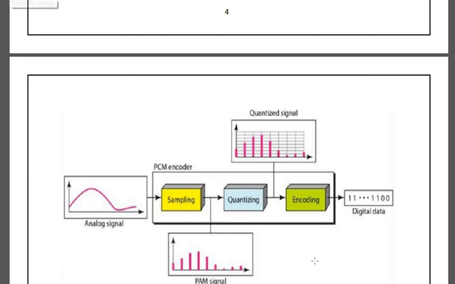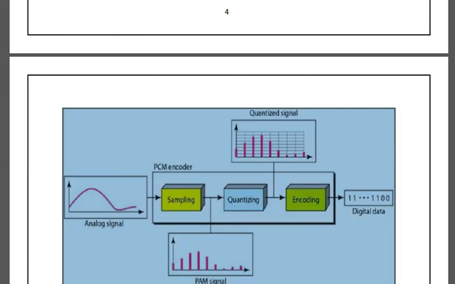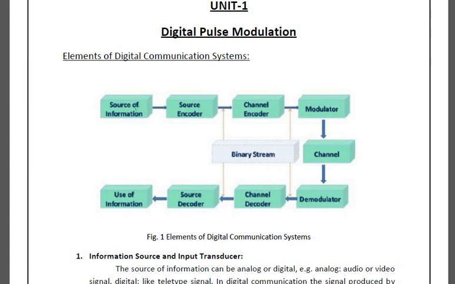I'll show you the whole part of this one. This PCM encoder or your source encoder is there, no? This particular part is your source encoder. See what I have said, the source information is converting your normal message into electrical form, correct? Now we have given that signal or data or symbol to the source encoder. This source encoder will be converting your analog signal to the digitalized form. All these 3 steps are involved in this source encoder. What are the 3 steps? Sampling, quantizing and encoding. Remember that: sampler, quantizer and encoder.